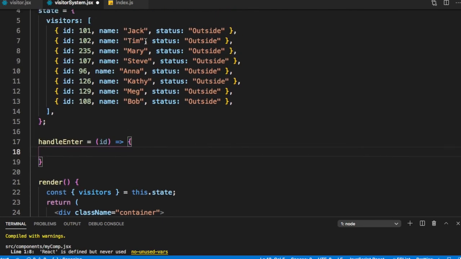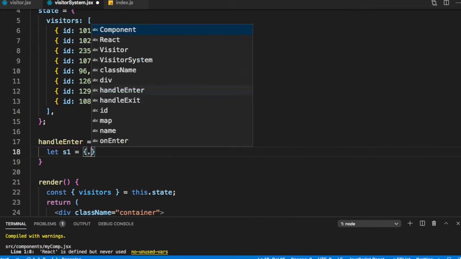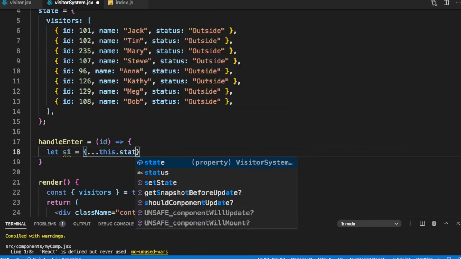We need to update the state from outside to inside. So first, we are not putting that constraint of 2 persons inside. We will go ahead and build that later. Let's just do a simple case when we just change the status to inside. So let's do our standard. Let s1 is equal to this.state.